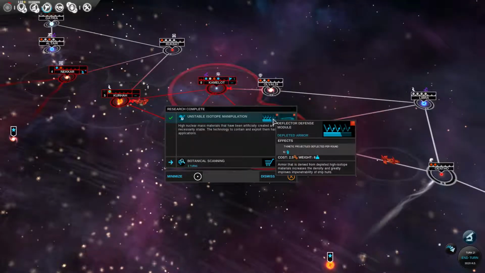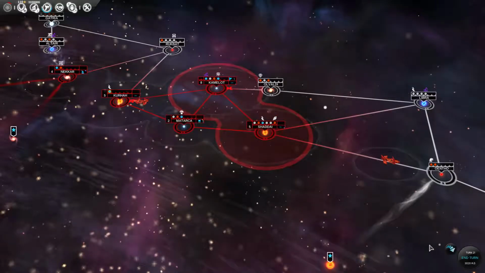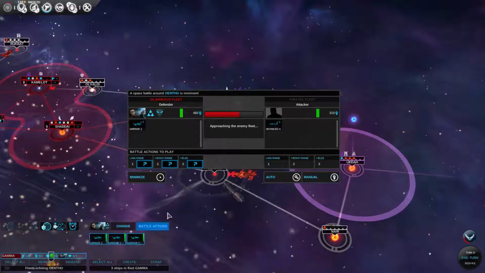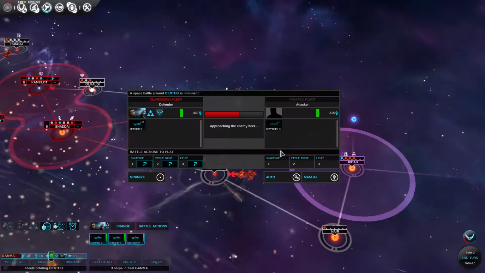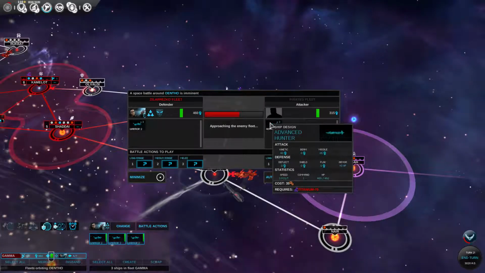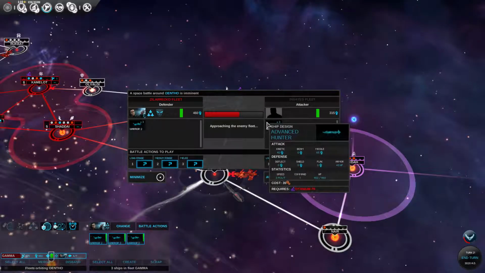This one takes... It doesn't take anything. So that's a bummer. So we're going to attack this one. It's more in our favor. I'm going to guess they have kinetic. So I am...